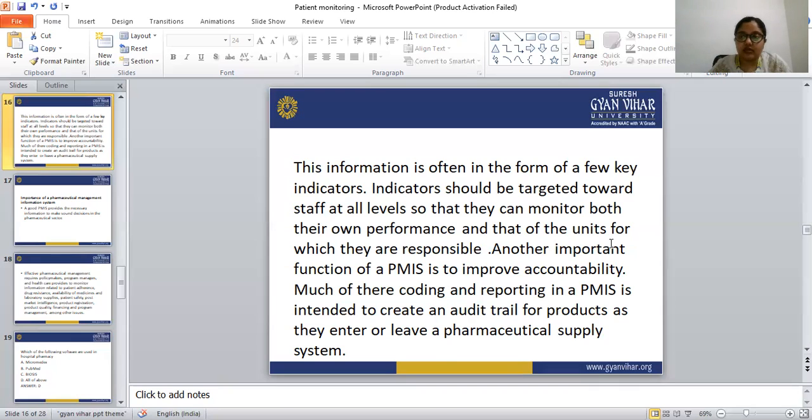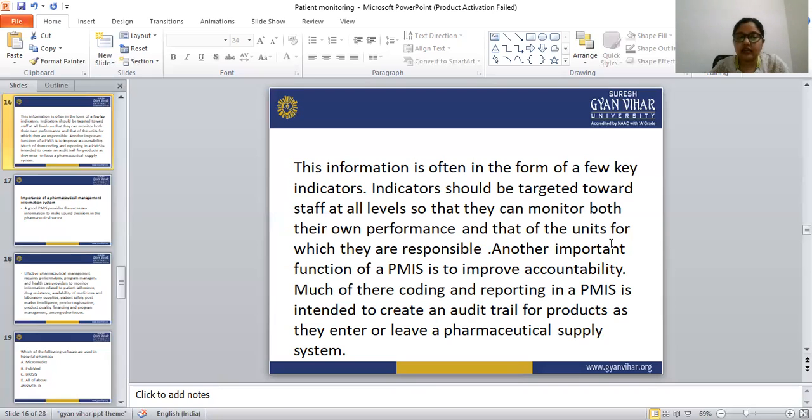Next is report generation. The PIS can also generate various reports, like the medication usage pattern in the hospital and the cost of the drugs purchased and dispensed. And then interactivity with other systems: the Pharma Information System must be able to interact with other systems, like the clinical information system for receipt of prescription orders, and the financial information system for billing and charging.